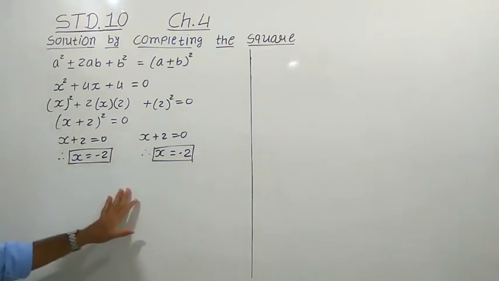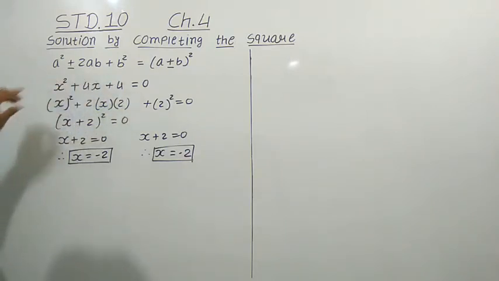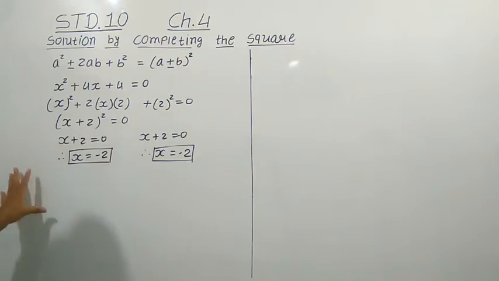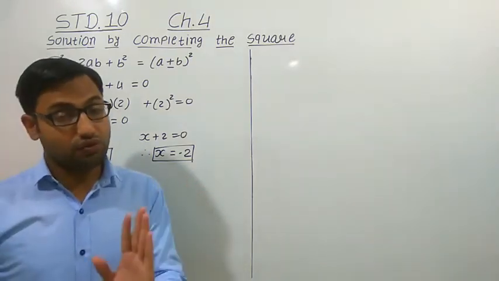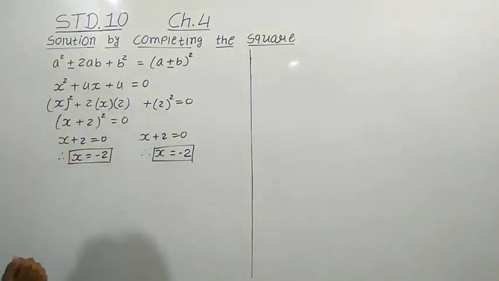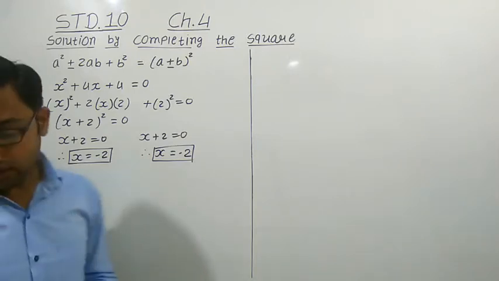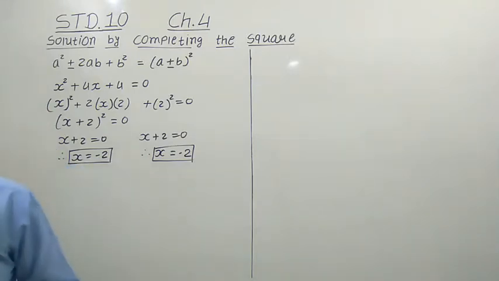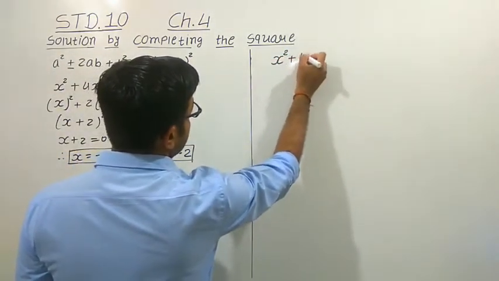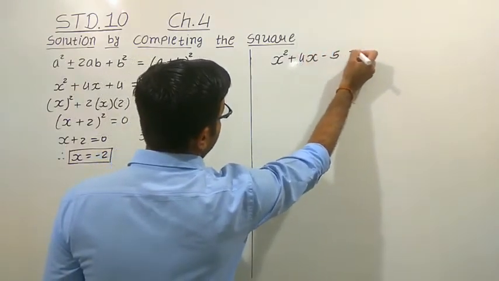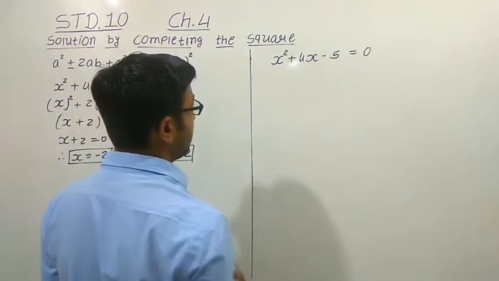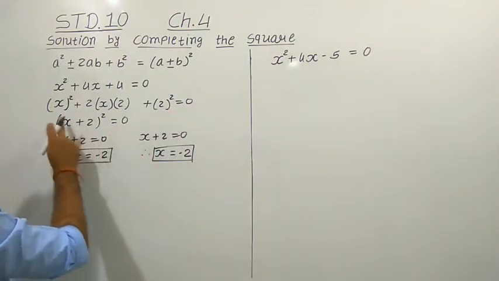So this is the case when the quadratic equation we are given is already a perfect square. Now what will happen if the given quadratic equation is not a perfect square? Then we have to complete it, right? So let us take one more equation of that kind so that we can understand how we can complete the square. Suppose this is one more example, x square plus 4x minus 5 is equal to 0, right? We can see that this is not a perfect square. We cannot form the identity like this.